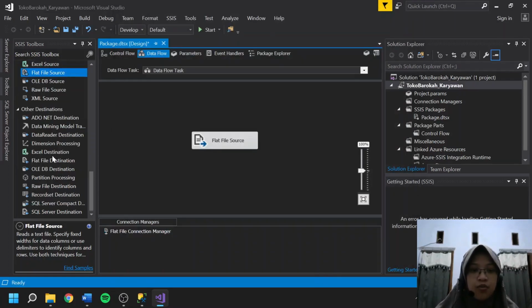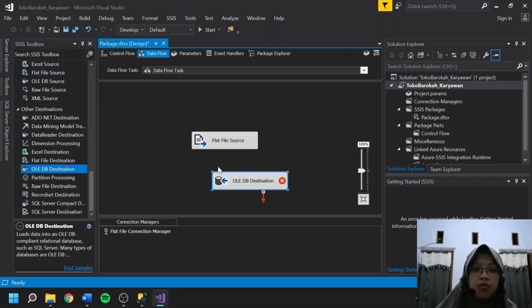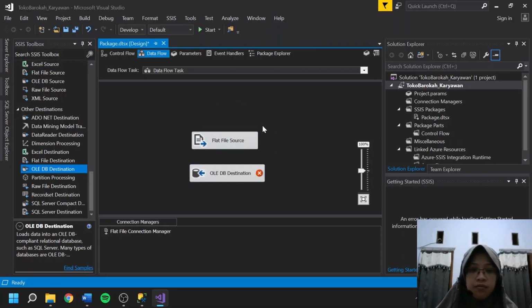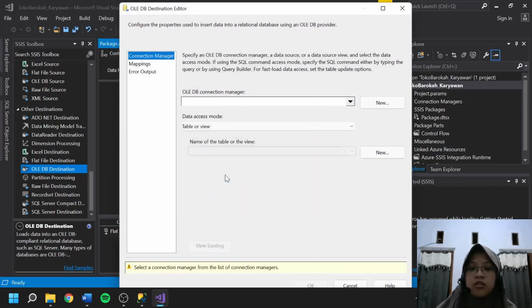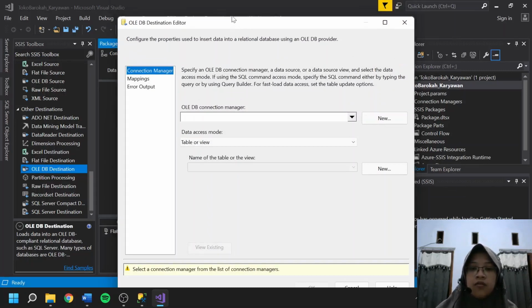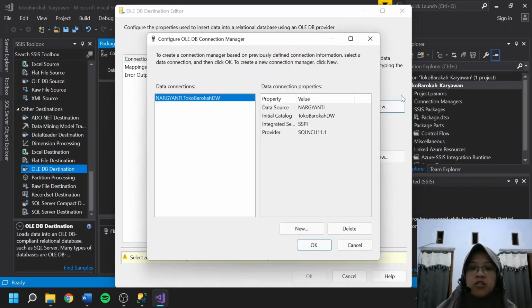And then we have to choose the OLEDB destination, because we have to import from the flat file source into the data warehouse database. Okay, we have to connect the blue arrow into this OLEDB like this. Before that, I will configure the OLEDB destination. We have to create a new connection.